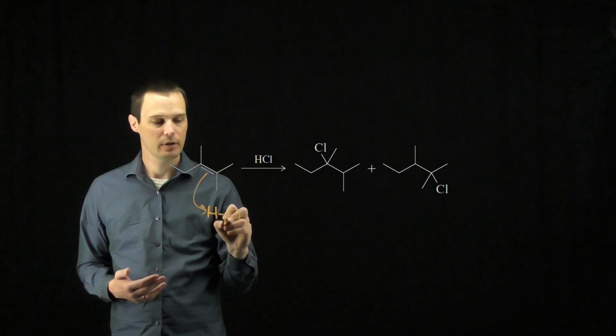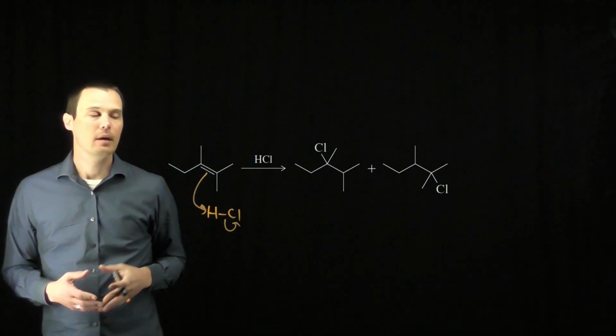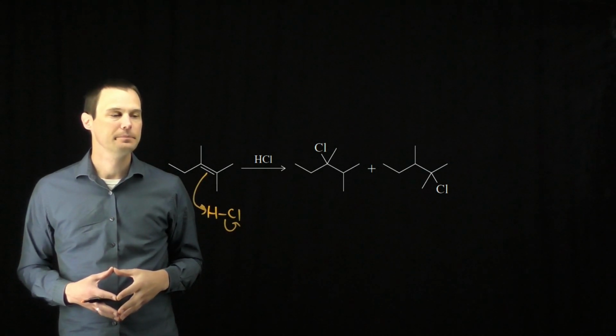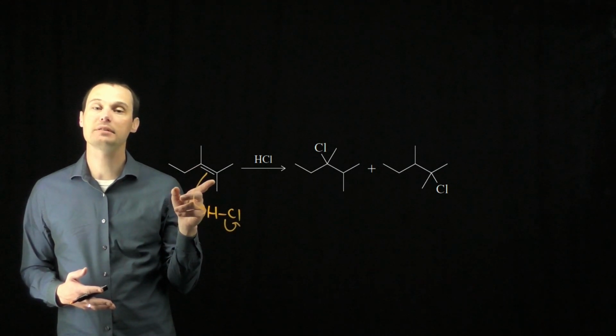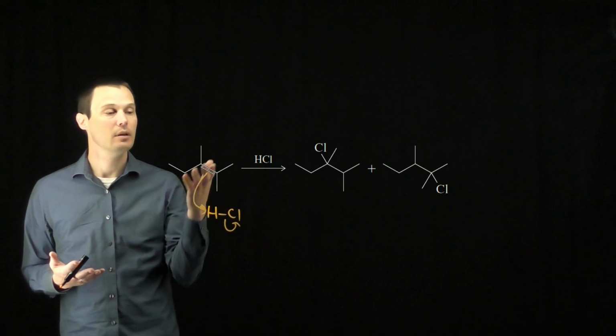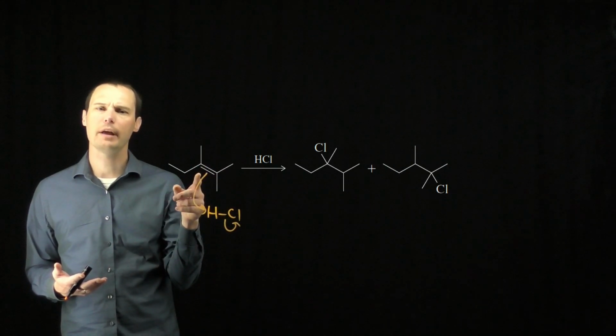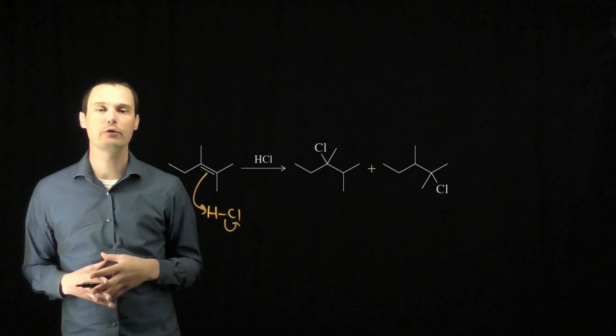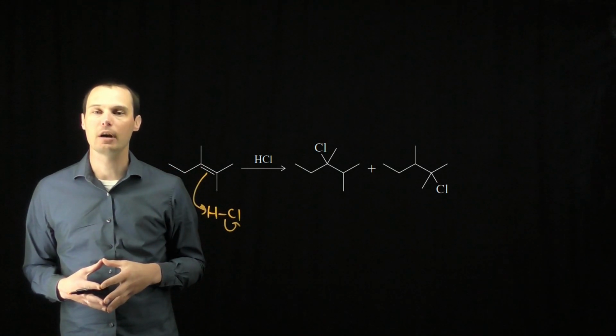can attack the hydrogen, kick out the chloride as a leaving group. We'll form a bond to hydrogen on one carbon, and we'll leave behind a carbocation on the other carbon. Now, Markovnikov's rule says that the most stable carbocation intermediate will be the one that forms. And if we think about the carbocation that could form at either of these positions, they would both be the same substituted. They would both be the same favorable. They would both end up being tertiary carbocations.